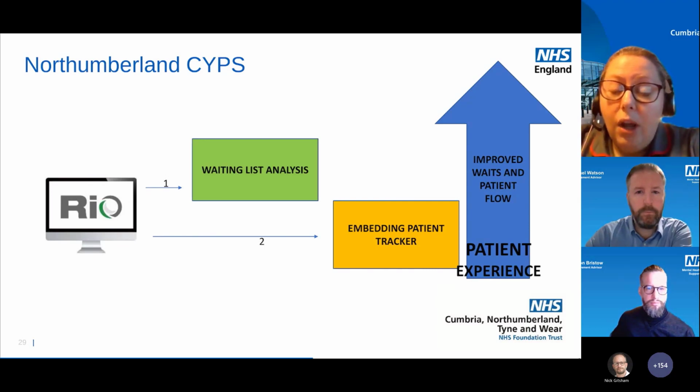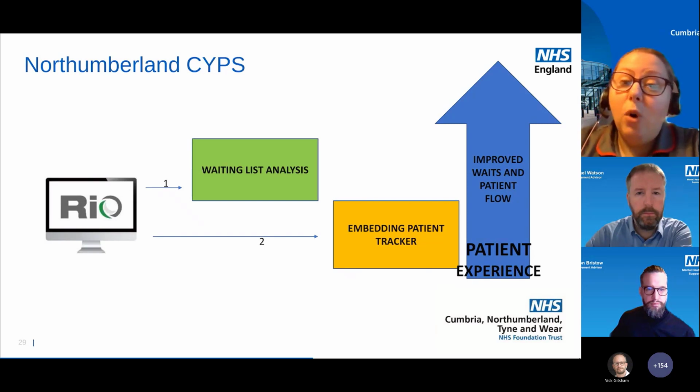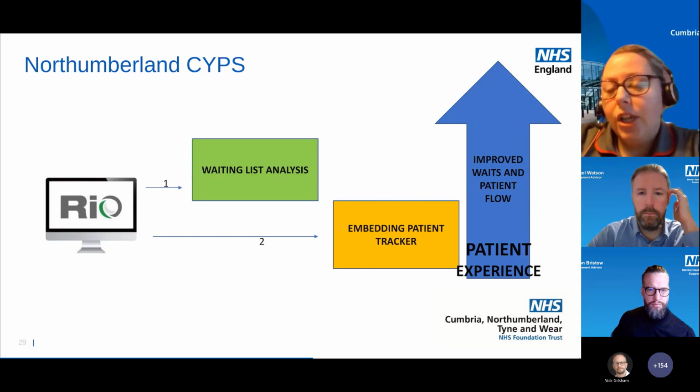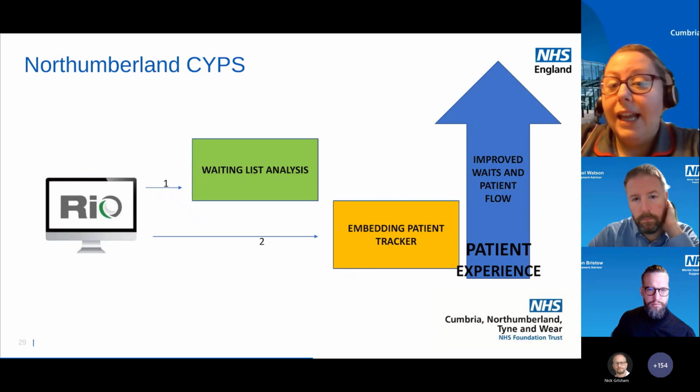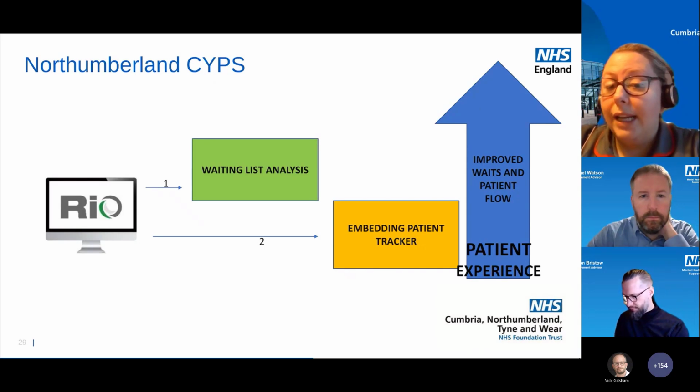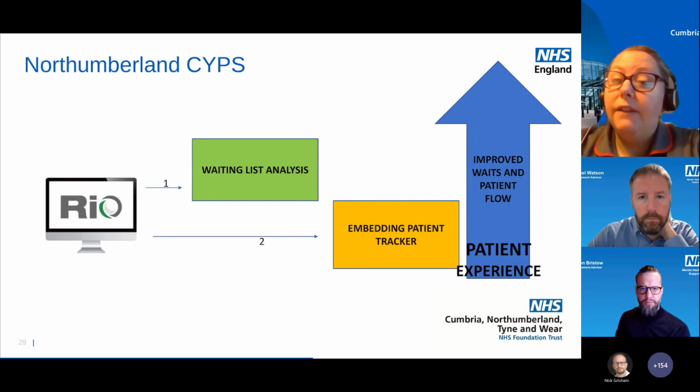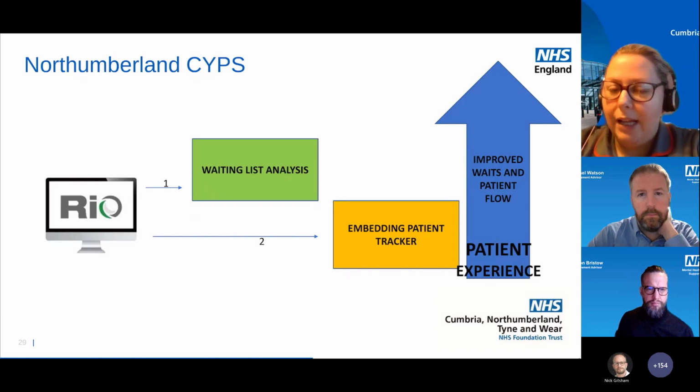As a service, we wanted to ensure that if we had a 4-week wait for access, we also wanted a 4-week wait for those specific therapies. So a child might be in the service having care and treatment from a care coordinator, but it may be that they need EMDR or CBT or a neurodevelopmental assessment, and we wanted to ensure that we could achieve a 4-week wait for those requests as well.